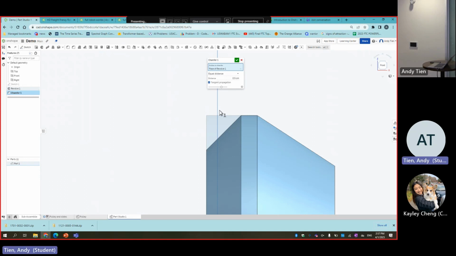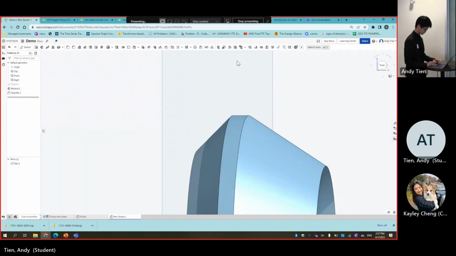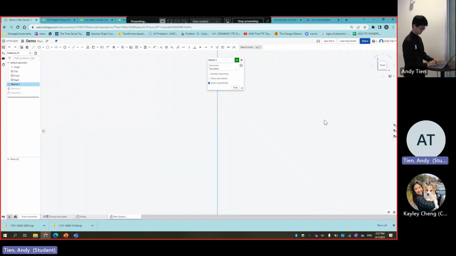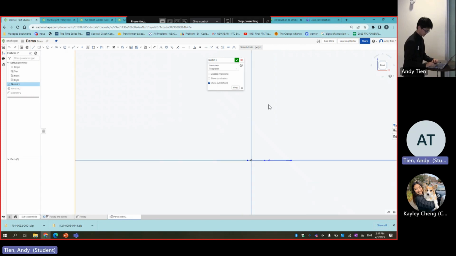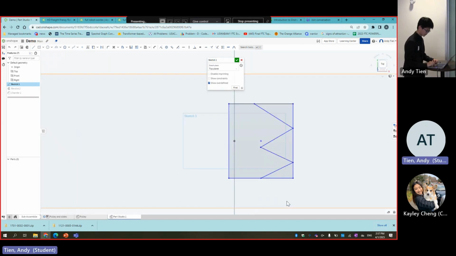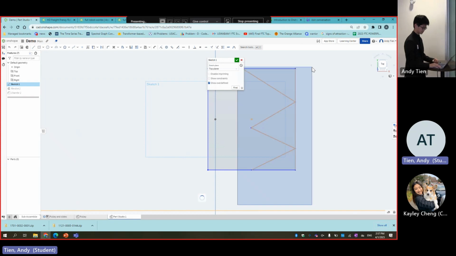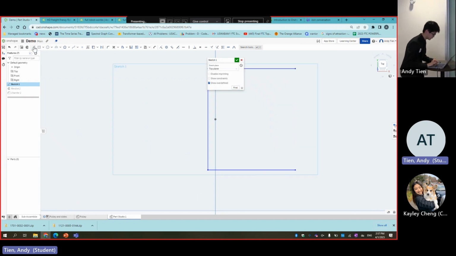So what these allow you to do is it both allows you to round out your part so that it looks better, but also it allows you to add on. So let me edit this sketch real quick. If I change this into like a rectangular thing, so if I delete this right here and